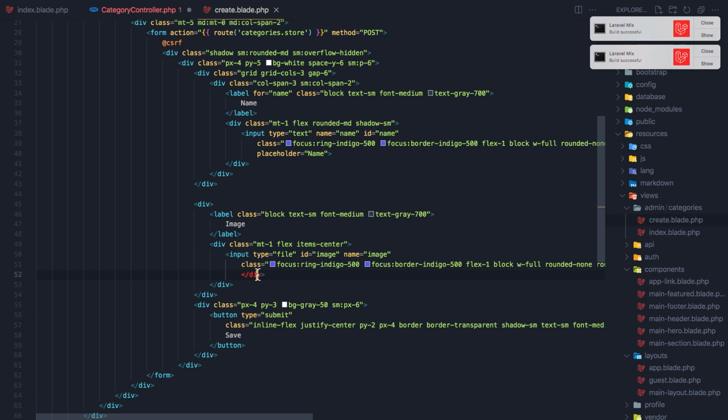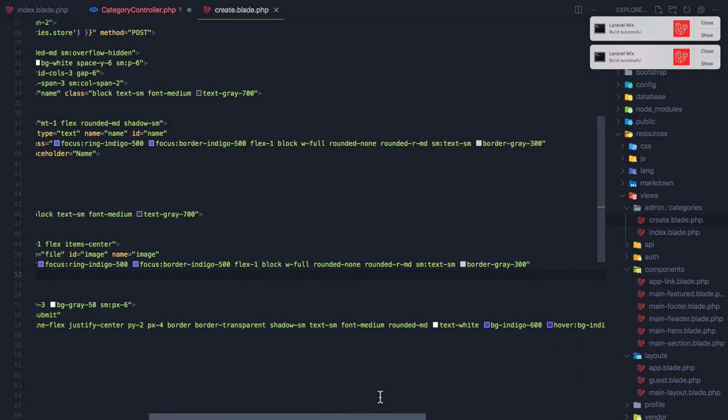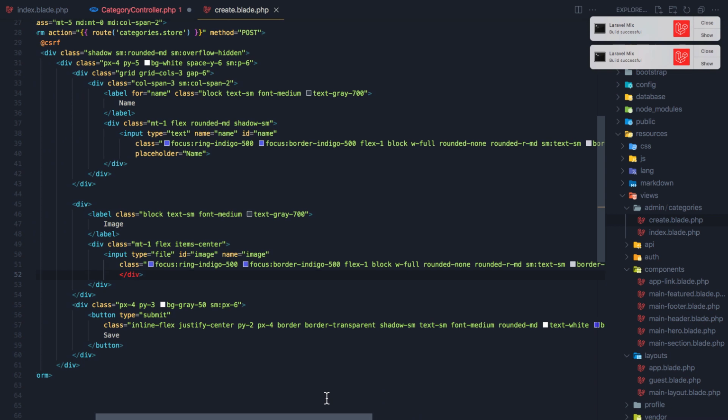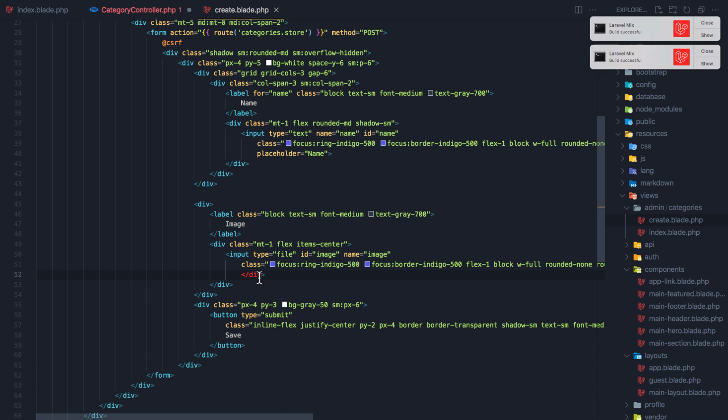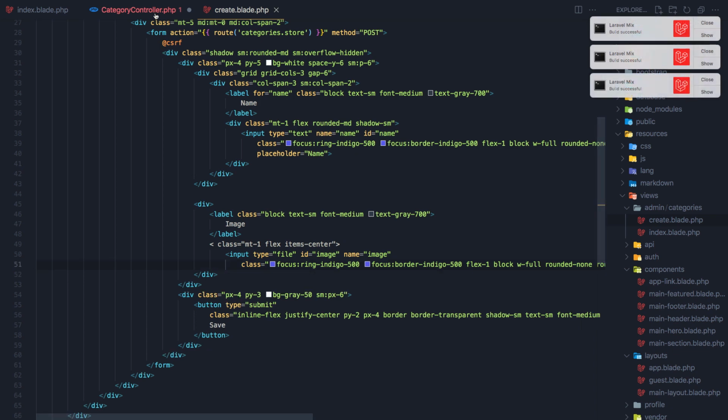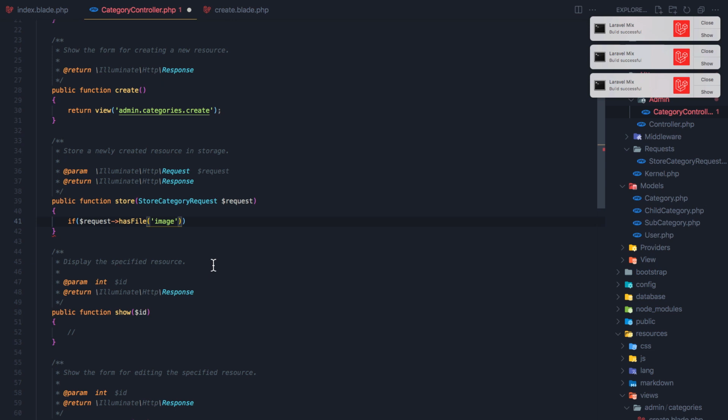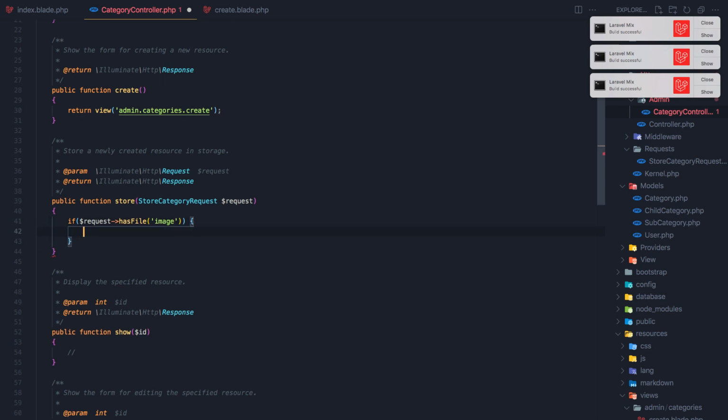And why do we have a div here? Input, something has been wrong here. Yeah, okay. If the request has file image, I'm going to say